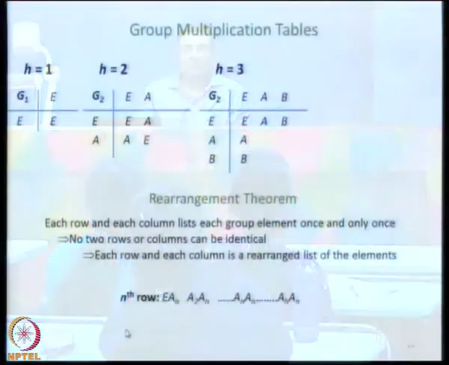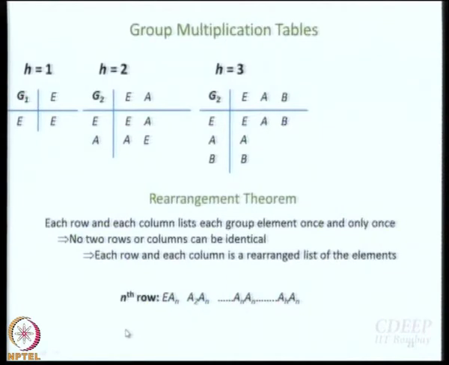What is the nth row? Think of any group. Think of any general row, the nth row. These will be the elements there, right? E AN, A2 AN, and so on. A2 means the second one. First one is A1. It's just that we know that it is going to be E, so we have written E. So do you agree with me that this is what the nth row is going to contain? E AN, then A2 AN, A3 AN, and so on and so forth, AN AN, finally AH AN, where H is the order. Make sense? Just close your eyes and think what it will look like. Everybody convinced?